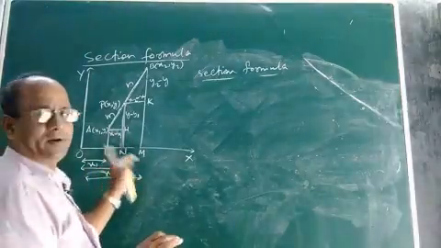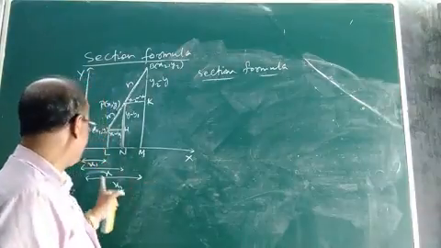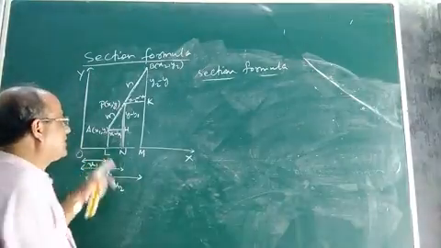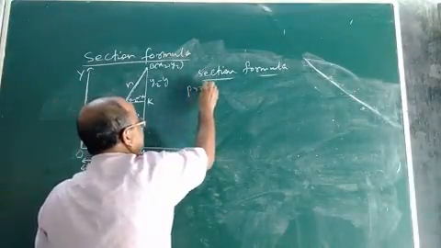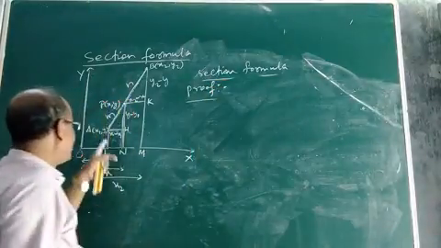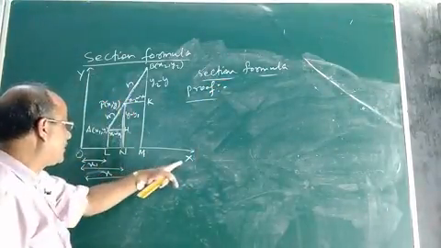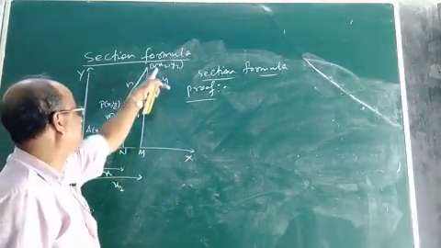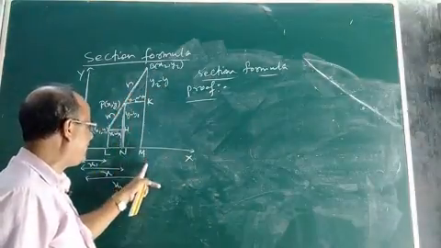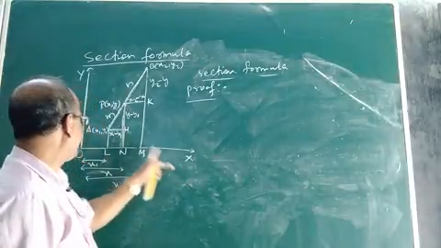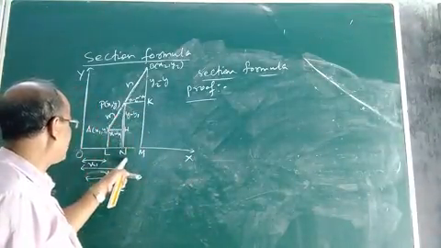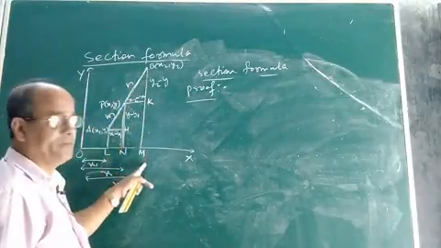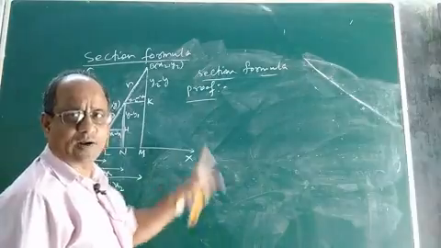Okay. Now after drawing the perpendiculars, what you will do? First you find the length of OH in this figure. In this figure, let us prove the section formula. First you draw perpendicular AL to the x-axis, perpendicular PN to the x-axis, then draw perpendicular BM to the x-axis. Again you draw AH perpendicular to PN, and draw PK perpendicular to BM. After drawing the perpendiculars, what you will do?